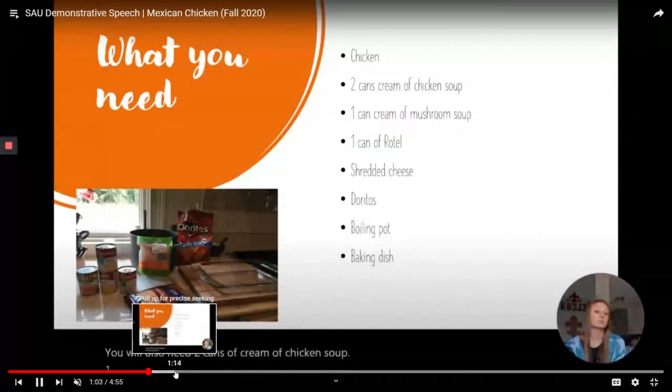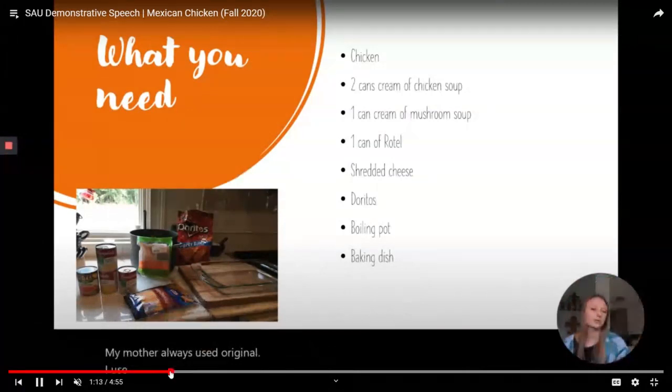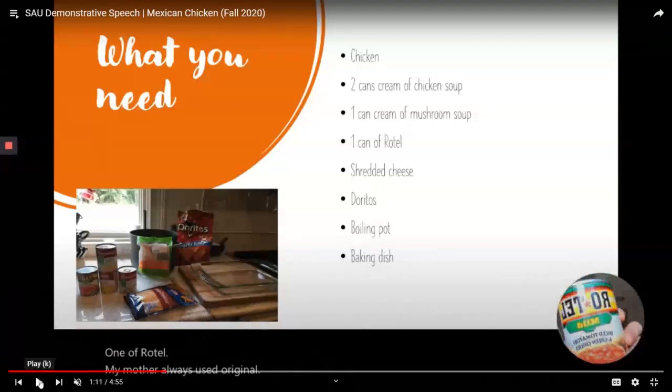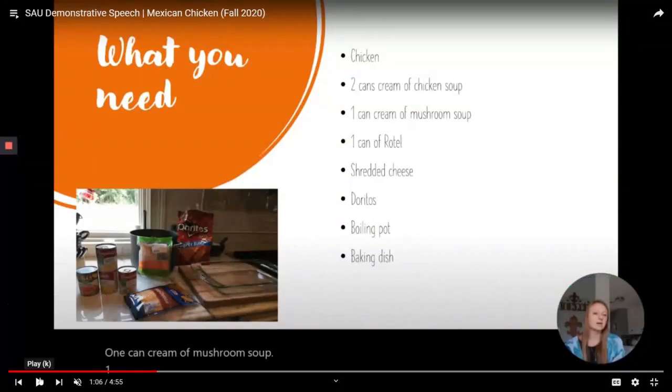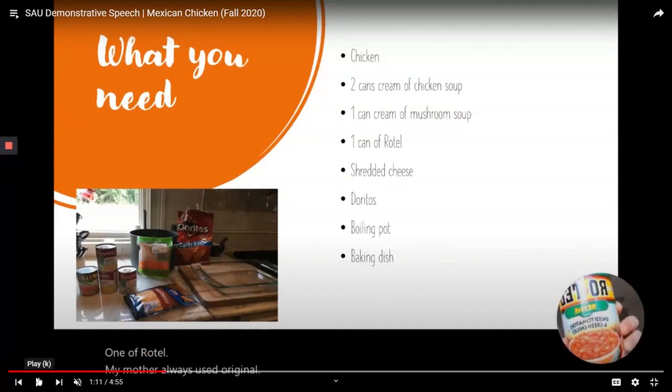If not, I may come back to this. There we go. Let's play it and then pause. Go back just a little bit. She's going to hold it up in just a moment. Always make certain that you turn the webcam around, because obviously we're getting a reverse image with the Rotel.